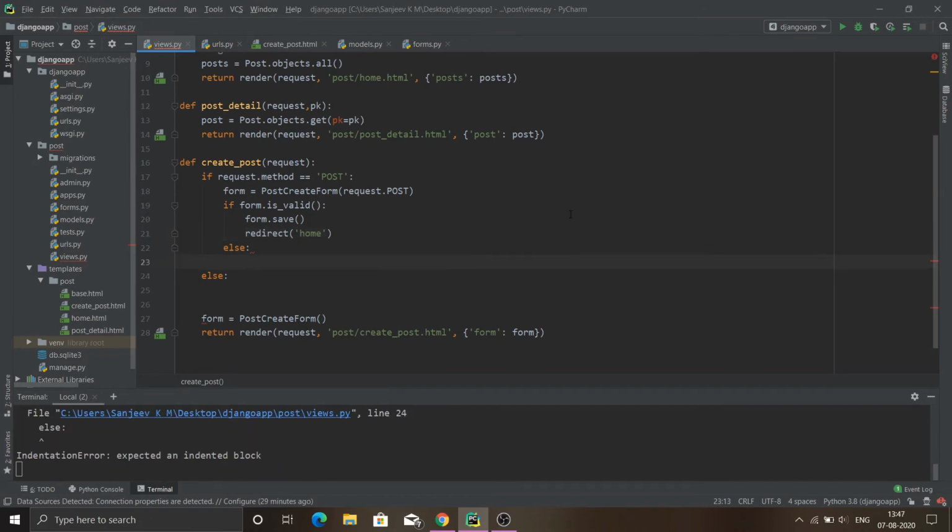So let's consider the case where this form has not been correctly validated. We could use this currently filled-in form in our front end, and we can ask the user to fill this form with the correct values. All those validation errors and displaying the error messages, Django form will take care of for us. The only thing that we need to do is supply the filled-in form to our front end. So let me copy this statement and paste those in here. This is the currently filled-in form from this object. We are passing this object in a dictionary, and we are passing those to our front end.